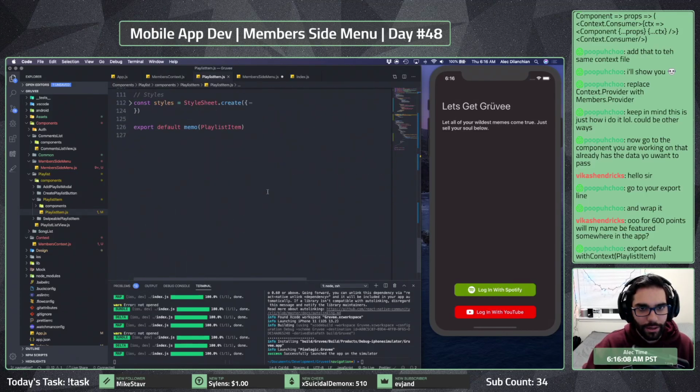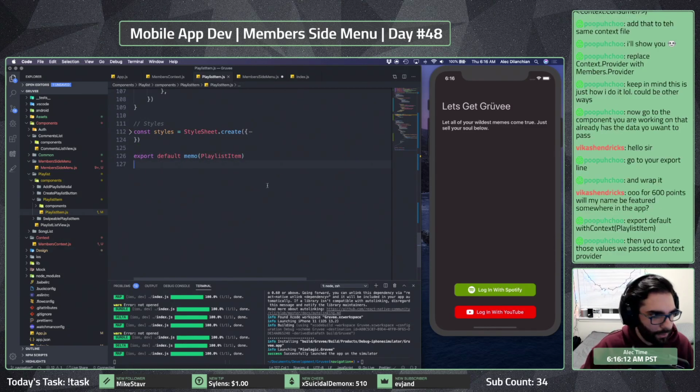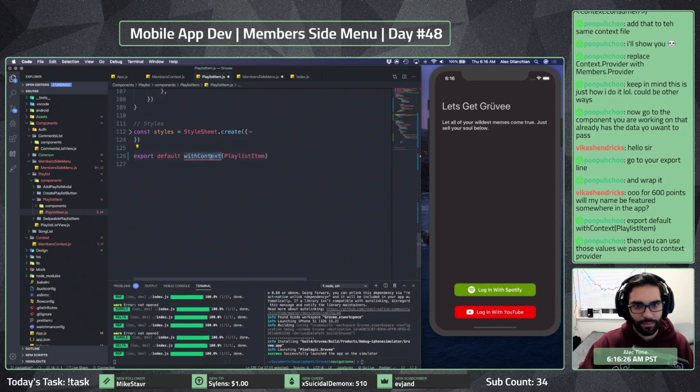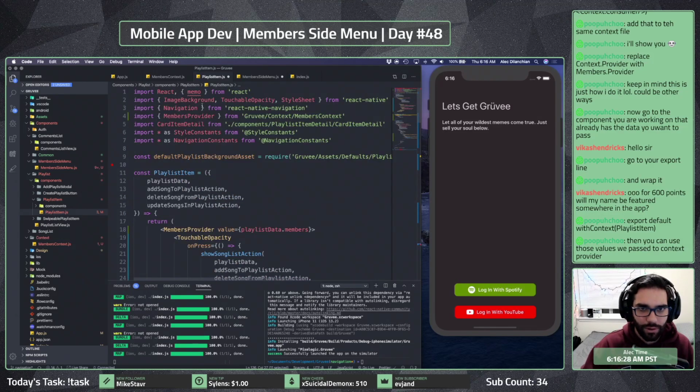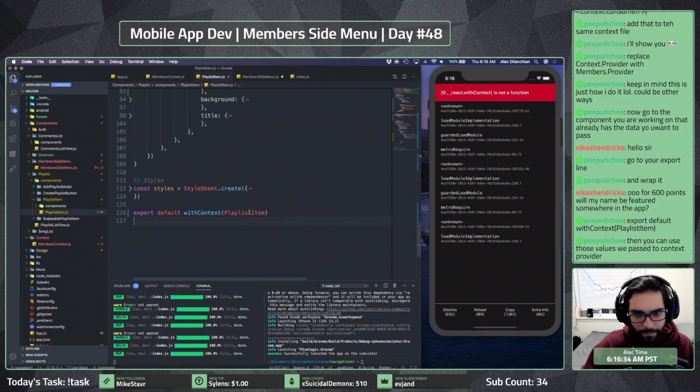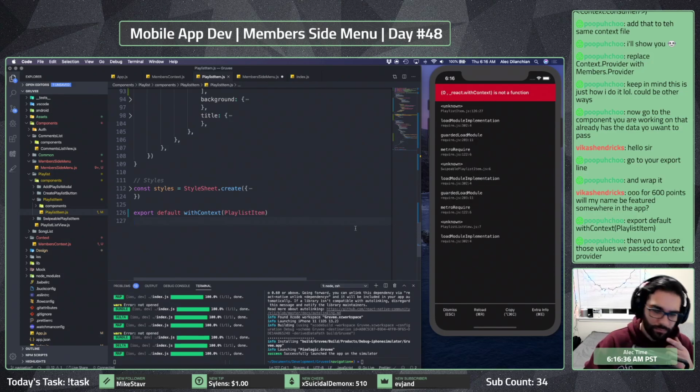Oh, you mean down here? Gotcha. I went to the wrong line. Export default with context. Oh. So export default with context. And so this thing needs to be brought in. So not memo anymore. We got with context. And playlist item.